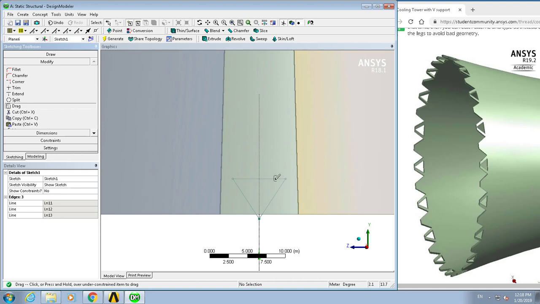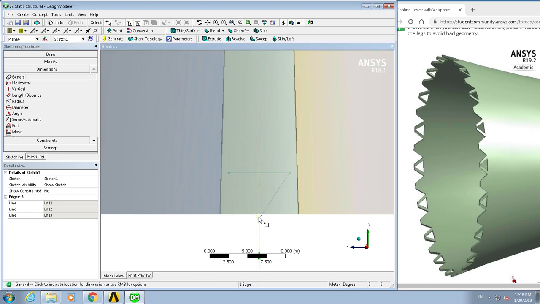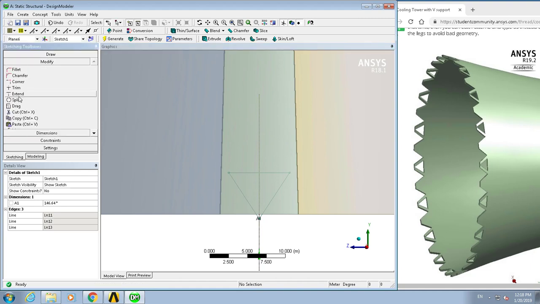You can grab this and drag it up or down. So we're going to just use our eyeballs. You could also dimension an angle if you wanted with dimensions, and then that will lock the angle in. We can drag this point up just a little bit if we were still on drag, sorry. So I made a small angle. I should probably delete that, but